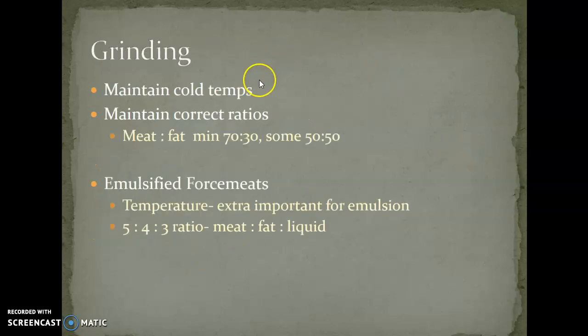It is crucial that you maintain cold temperatures with this whole process, and as much as possible try to get your ratios of a 70 to 30